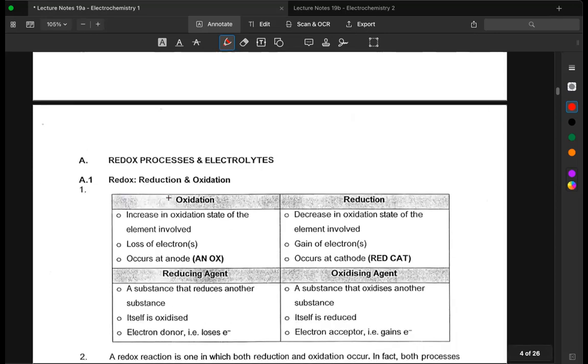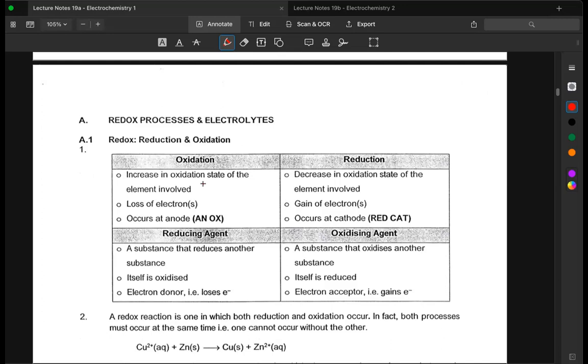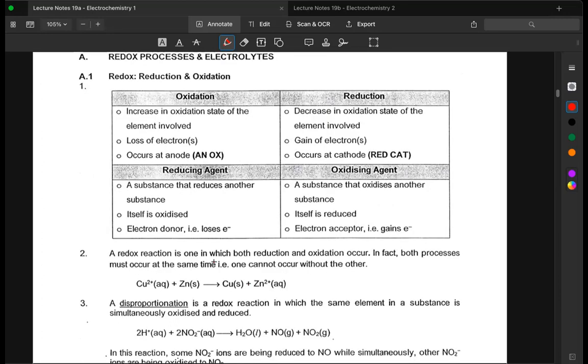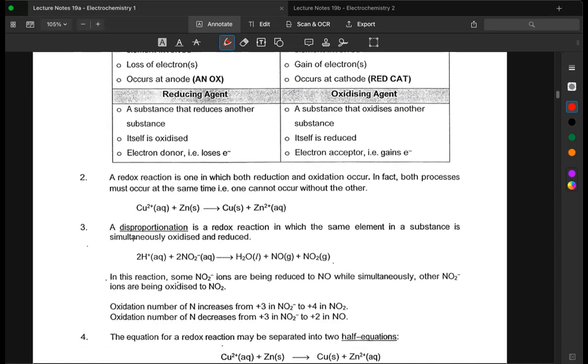So why do we talk about redox reaction? Because electrolysis is a redox process. Okay, so this is just a quick recap on what is oxidation, reduction, reducing agent, and oxidizing agent. All right. Now, when there's a redox reaction, there's always both oxidation and reduction occurring simultaneously. One cannot occur without the other. And this concept of disproportionation should be familiar, where you have the same element undergoing oxidation and reduction to form